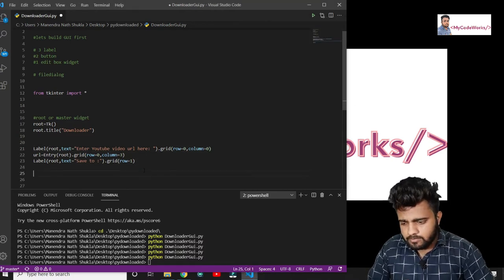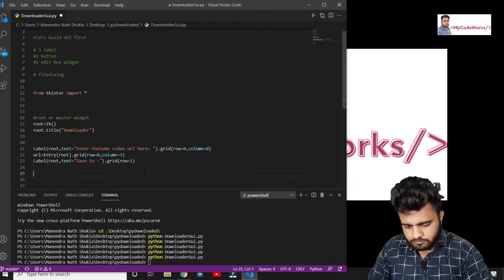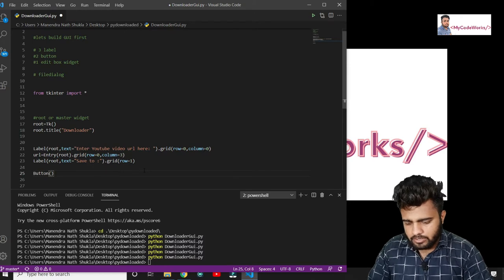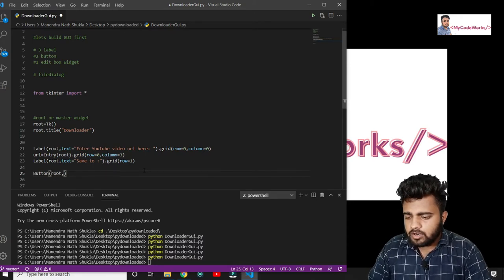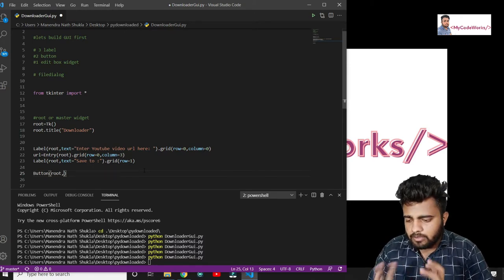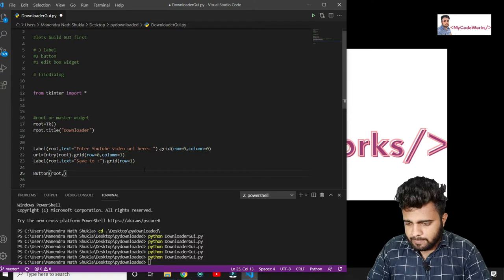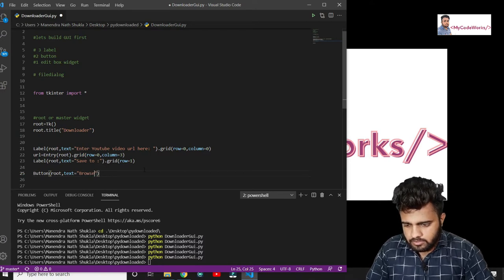For the button basically, we have the Button widget, and in the Button widget we want to show this on the main view screen. And after that we are going to give the text, the button name, browse, right?